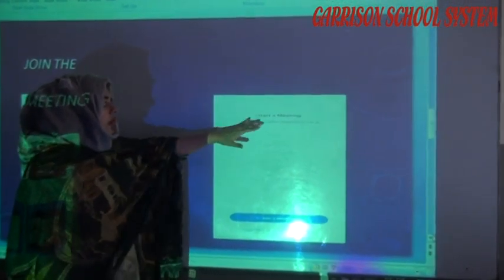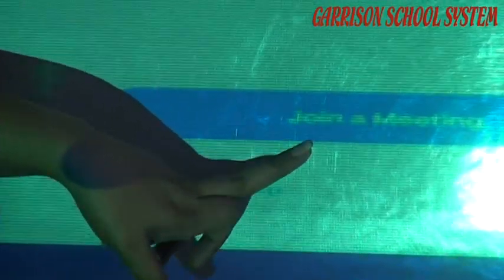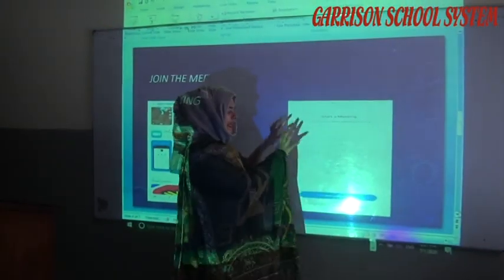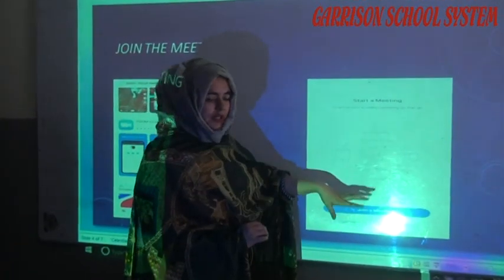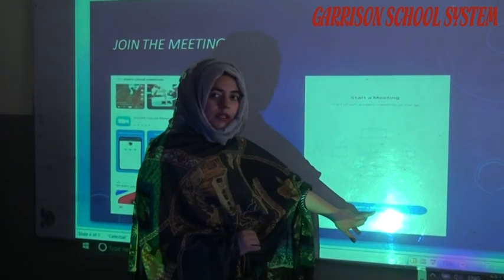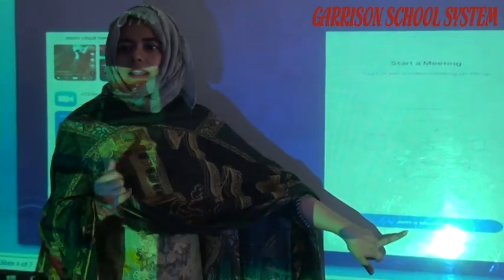What you are going to do is you are not going to look at this option. You are just going to look for the option that shows join a meeting. That means you are going to click on this button and leave the rest of the things as they are. You don't have to go for the other things. Just click on this blue button that shows join a meeting. When you click on that button, then comes the other thing.